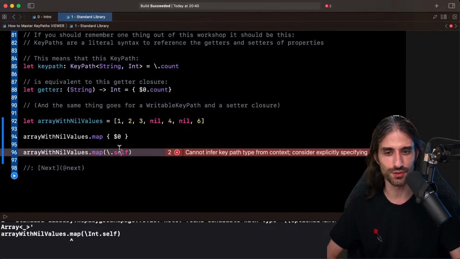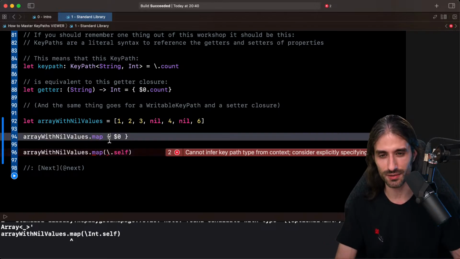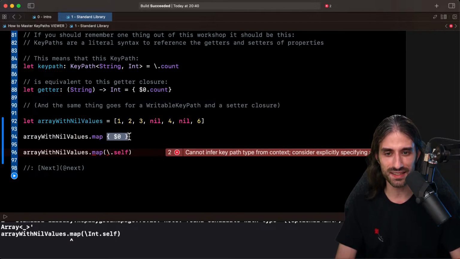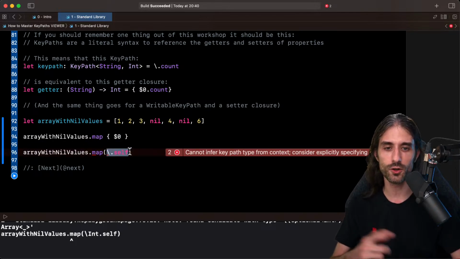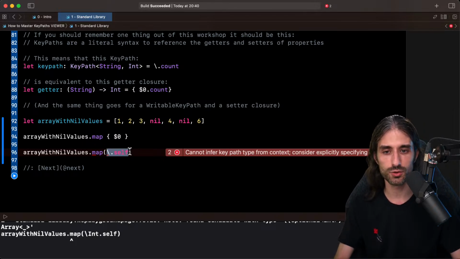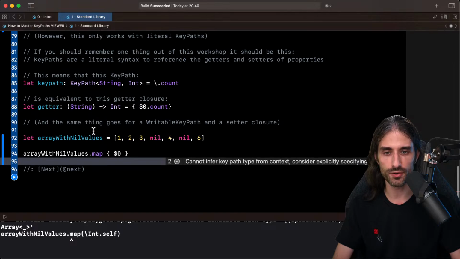Always a bit frustrating when something doesn't work as you would expect, even though when you do the reasoning, it should be working. But basically, what you should take away is that this key path is the equivalent of this closure. However, since for Swift, key path and closure are two slightly different things, it seems that in that case, you cannot pass the key path instead of the closure. But at least this should help you better understand why this \self key path exists. And I'm going to remove this code so that the playground is still building correctly.